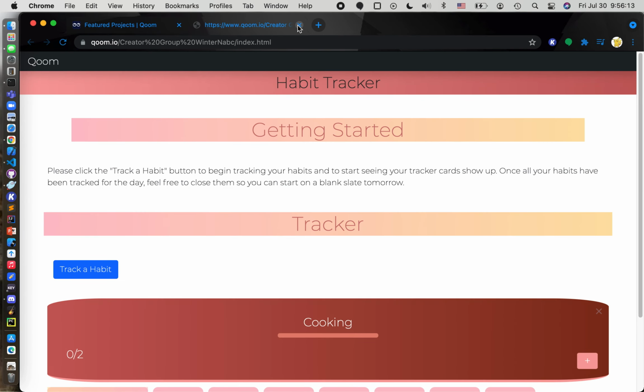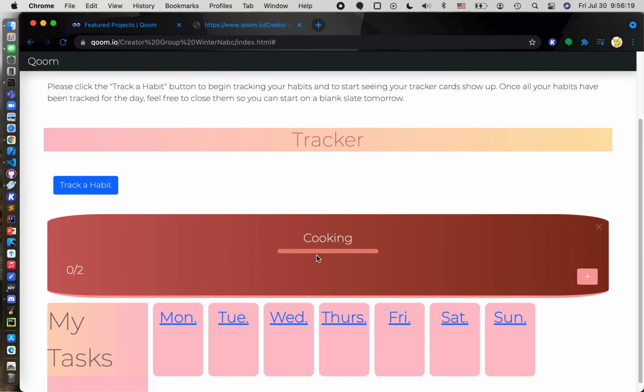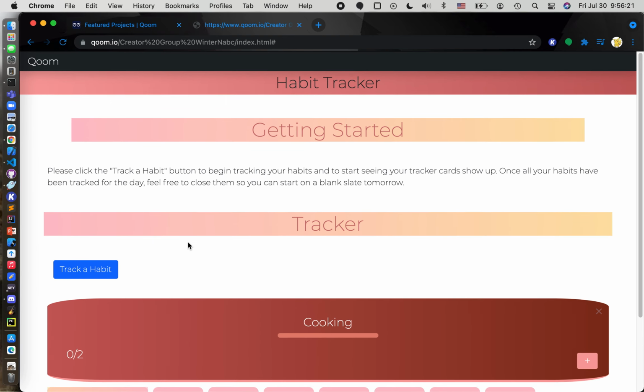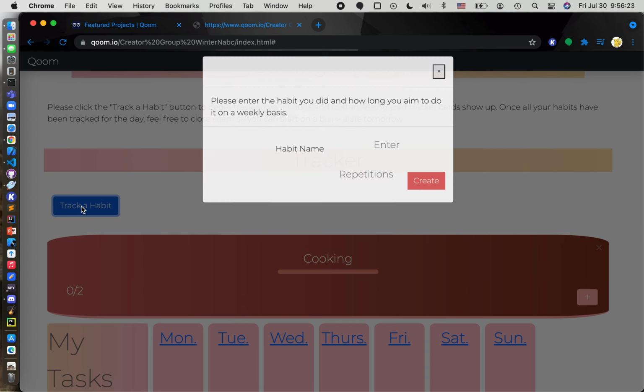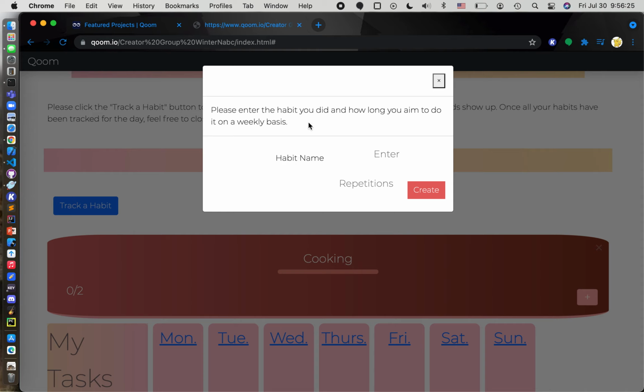And then let's look at this. This is just to show you examples of what you can do. So this is like a habit tracker. So you can say track a habit, habit name, and then enter. So you can just tap in